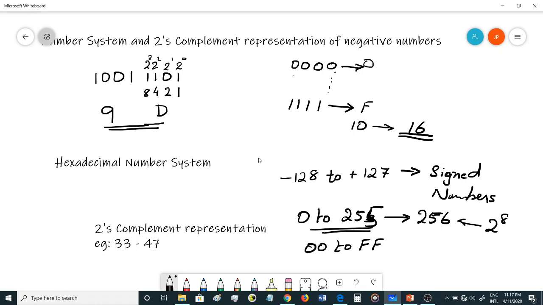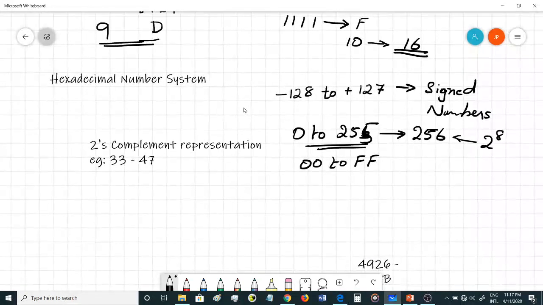Now, all microprocessors use 2's complement form to represent these numbers. There is a very huge advantage of using 2's complement form. We'll be looking at those advantages right now. I hope you know what is the 2's complement representation of numbers. Now, if you want to represent a number in the 2's complement form,